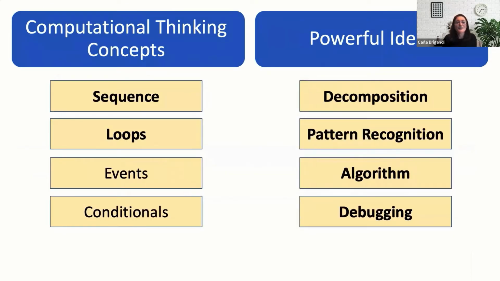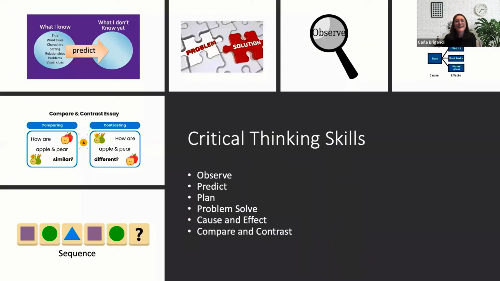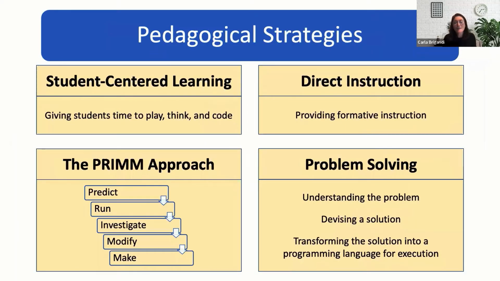Again, the computational thinking concepts we'll be talking about include sequence and loops, and the powerful ideas include decomposition, pattern recognition, algorithms, and debugging. Critical thinking skills: observing, predicting, planning, problem solving, looking at cause and effect, and comparing and contrasting. Pedagogical strategies that I will demonstrate today while I go through how to implement these lessons include direct instruction,